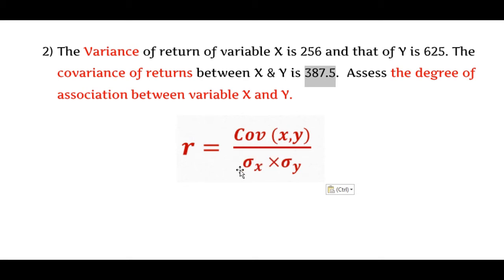The next values we need are the standard deviation of x and the standard deviation of y. But in the question, nowhere have they given this information. Instead of standard deviation, we have another statistic called variance. We all know using variance we can derive the value of standard deviation. That is, the root of variance is standard deviation. That means we need to calculate the root of these values to get the standard deviation of x and of y. That's all we need to do to find the value of the correlation coefficient in this problem. So let's start our calculation now.